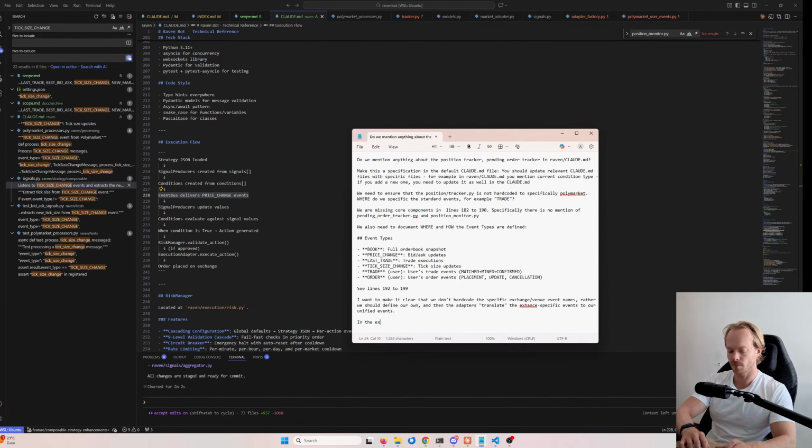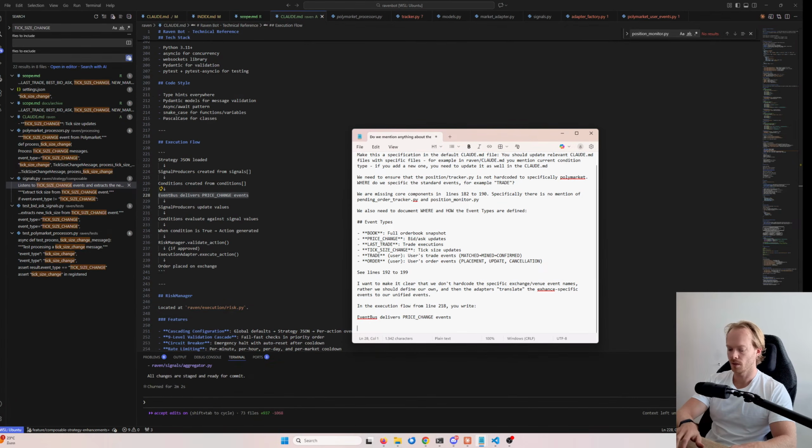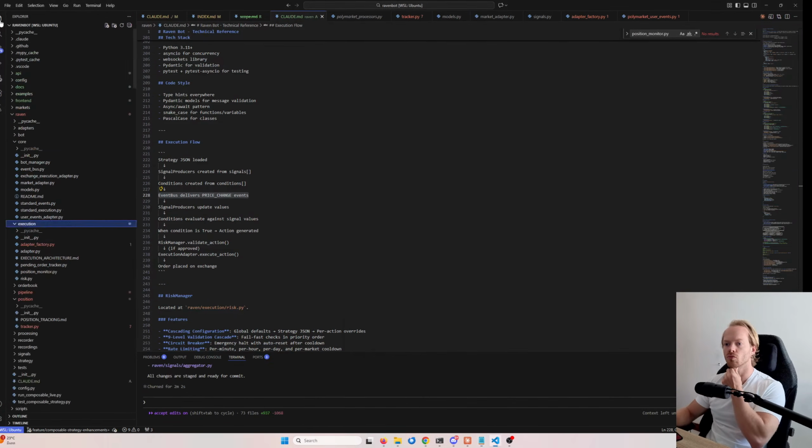In the execution flow from line, you write, but it delivers all events. So I think the event bus, maybe we need a better description. Actually, we probably want to